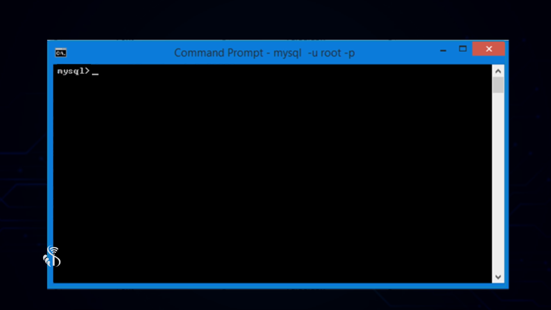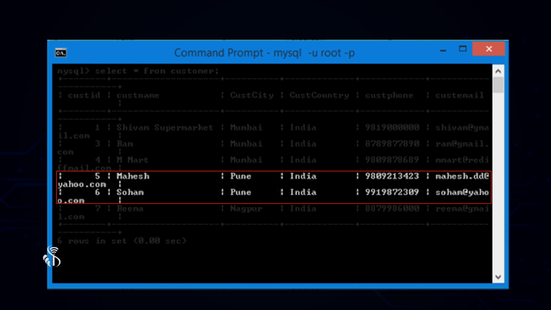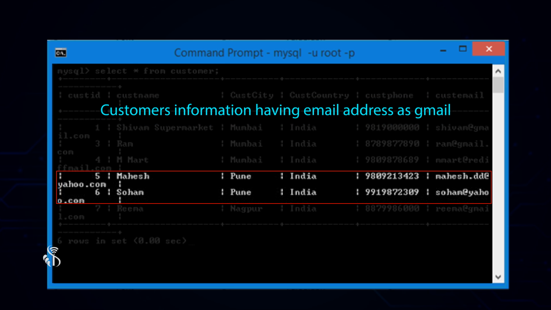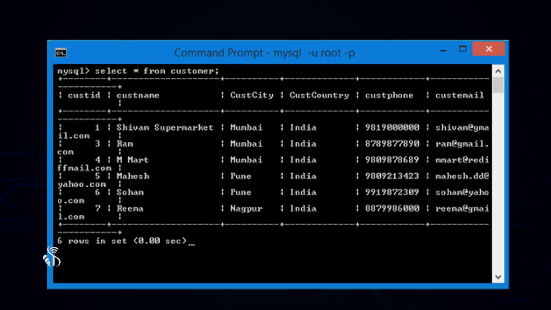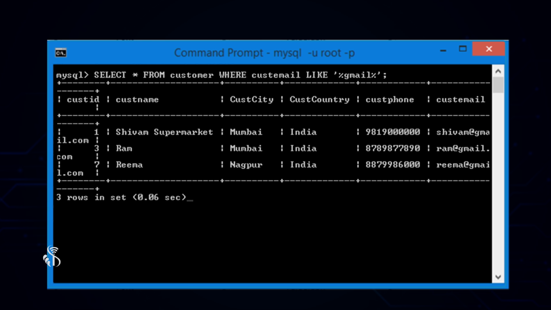First, let us see what all data is present in the customer table. I have re-added 2 rows with the names Soham and Mahesh to the table. Now suppose we want to find out customers' information having email address as Gmail, then the query that we will have to write will be: select asterisk from customer where customer_email like, in single quotes, percentage Gmail percentage;